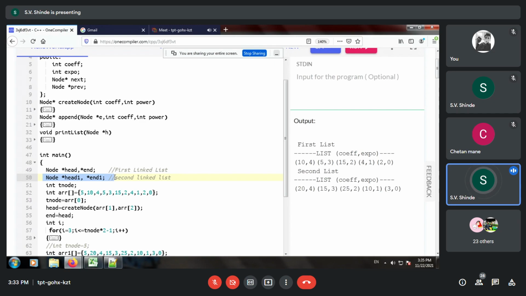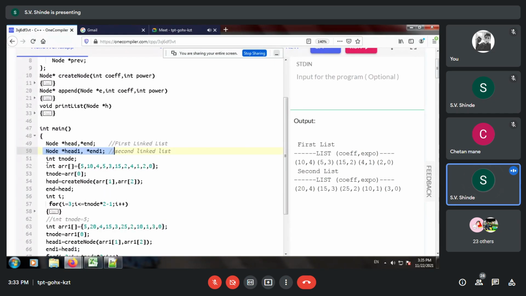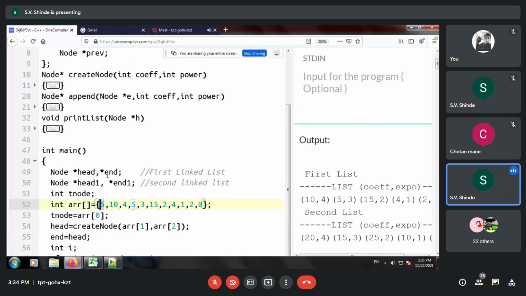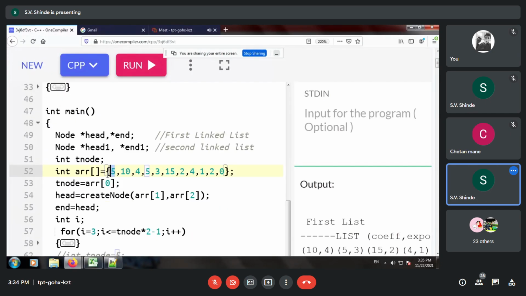Now let's assume this is our tuple representation of the linked list. So over here you observe the first element, that is 5. Let me make it a little bigger so you can see the array.